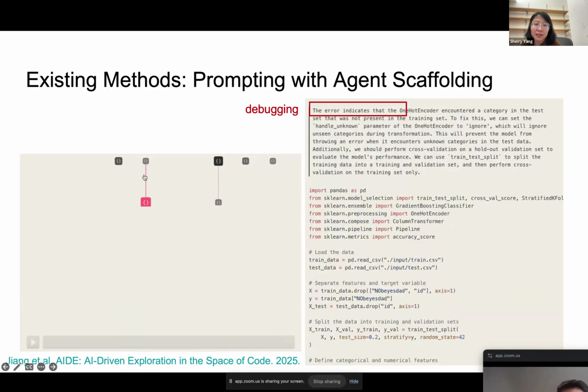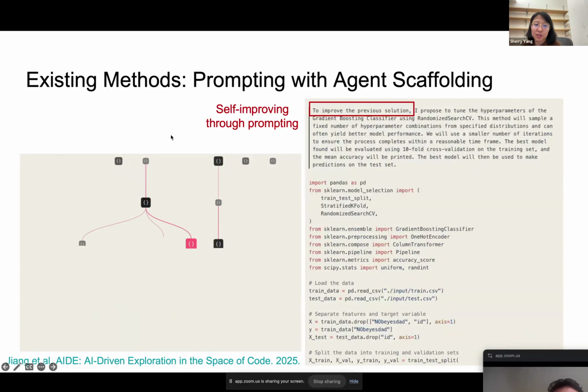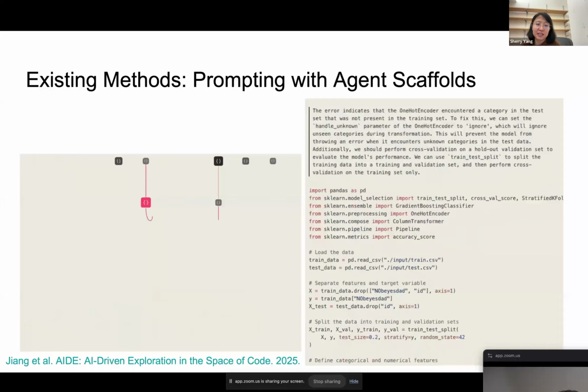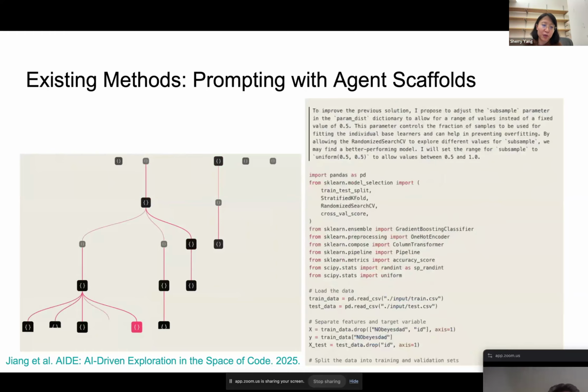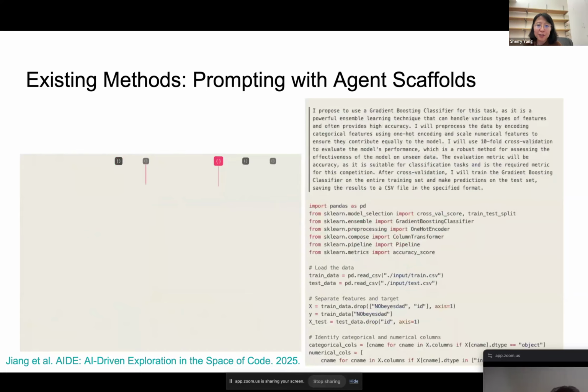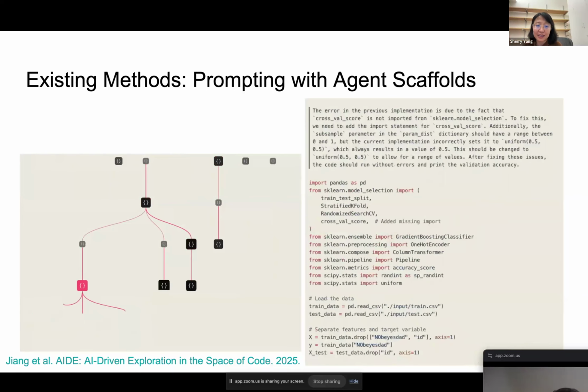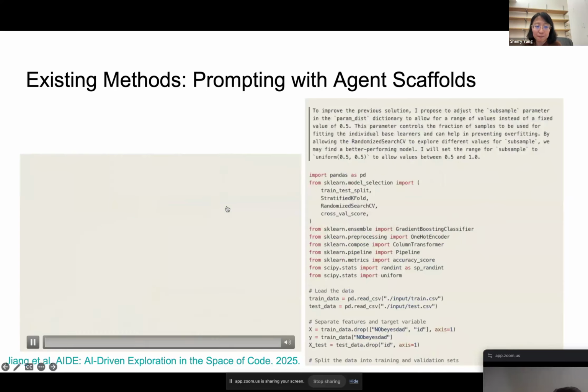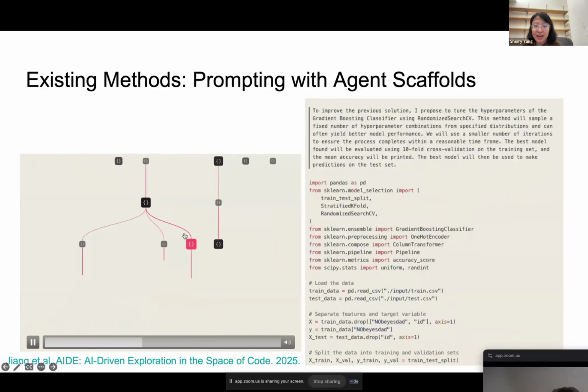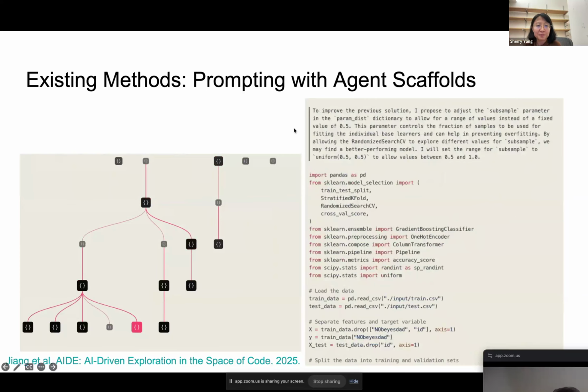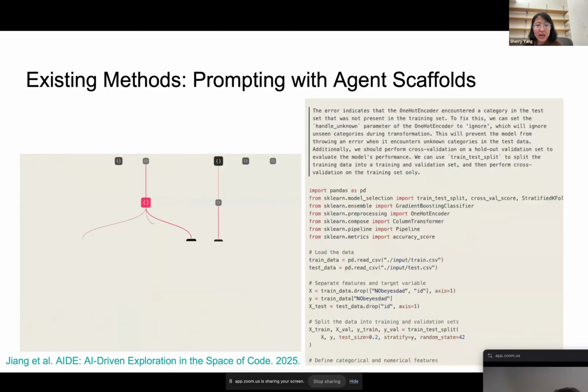In the background, the scaffold actually builds a tree-like data structure to keep track of which node came from which previous buggy program and so on. There's a third mode, which is to improve a previous solution that was not buggy, right? When we run the scaffold for hours, you basically have this really large tree that has all of your experiment history. Every time the model continues on to the next generation, the scaffold can serialize the history and give this tree information to the agent. So this is the setup, the state of the art.